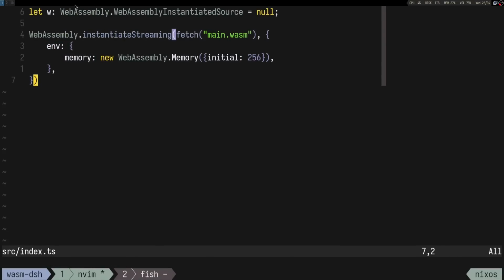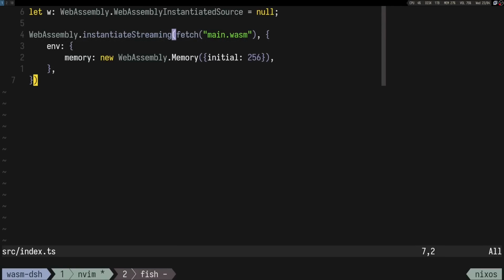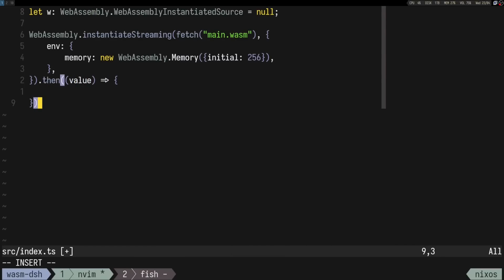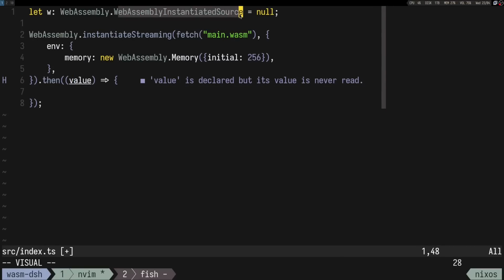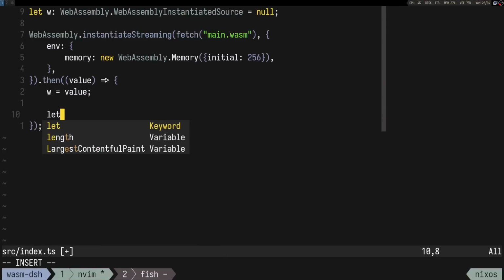Okay, and this instantiateStreaming is going to return a promise as well, so we have to await it. And I mean, we do that with a then here, and we'll get a value, which, if you think about it, this value is the WebAssembly module, right, that we have here as well. So we can do something like w is equal to value, and now we have w instantiated, and we can do stuff like